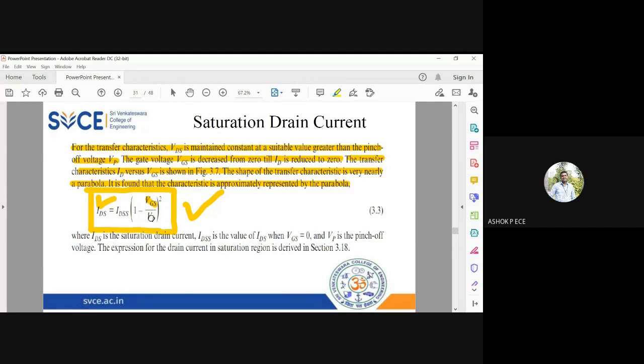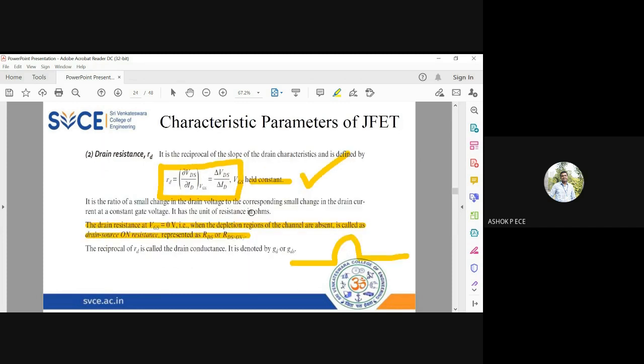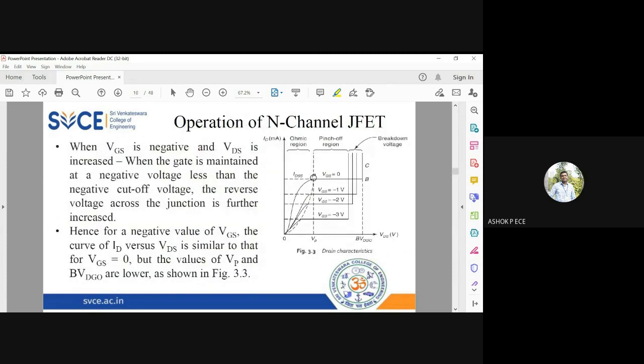Now you also know the exact value of VGS I have to give for making the drain current 0. VP is a positive voltage. Remember, VP is the voltage at which the current becomes constant. See yesterday's graph, this is your VP. VP is a positive voltage, but VGS is negative, which means that if VP is 5 volts, for example, and you give VGS equal to minus 5 volts, then ID will become 0.